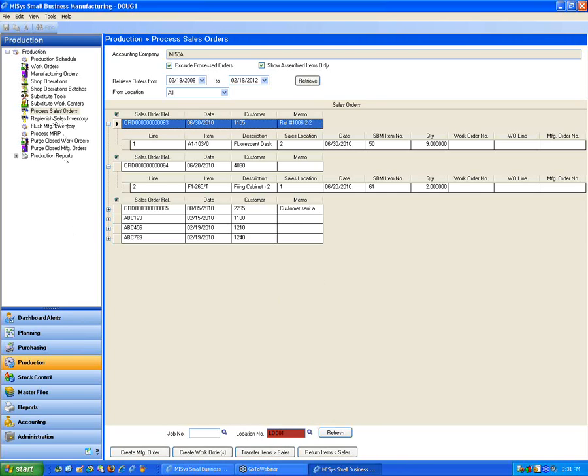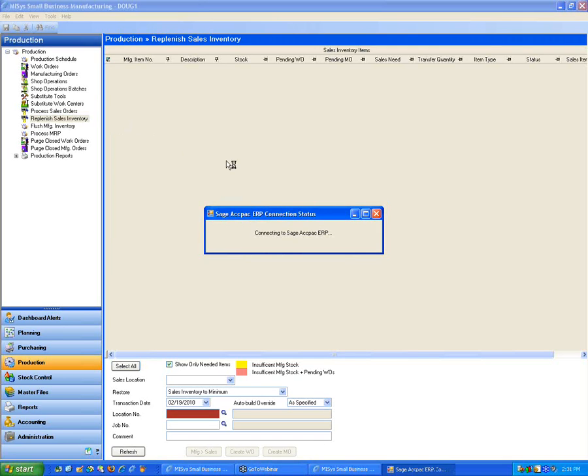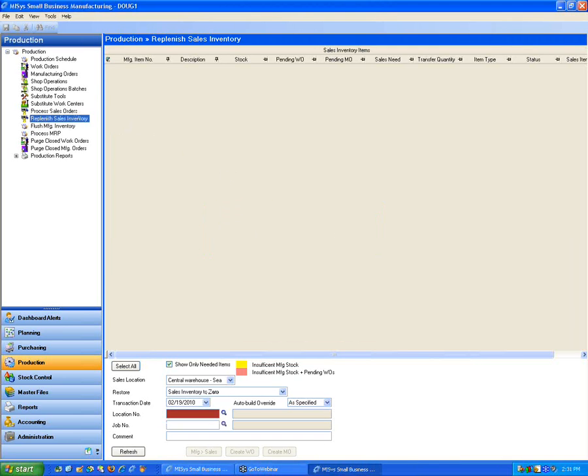All right, so let's go to replenish sales inventory. Basically, replenish sales inventory is a refined version of the transfer range to sales that you use in SAE. So in SAE, if you're going to transfer a range of items from MISys over to sales,